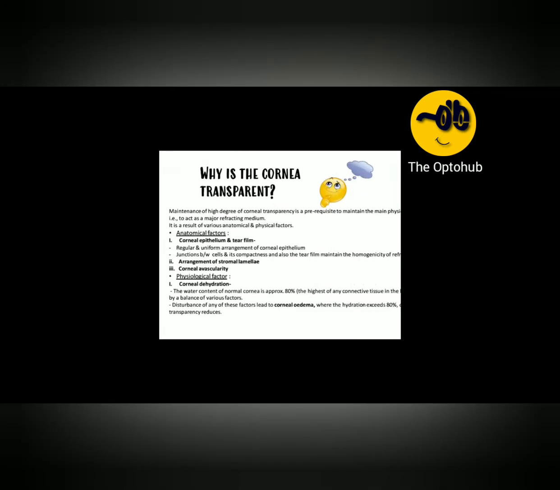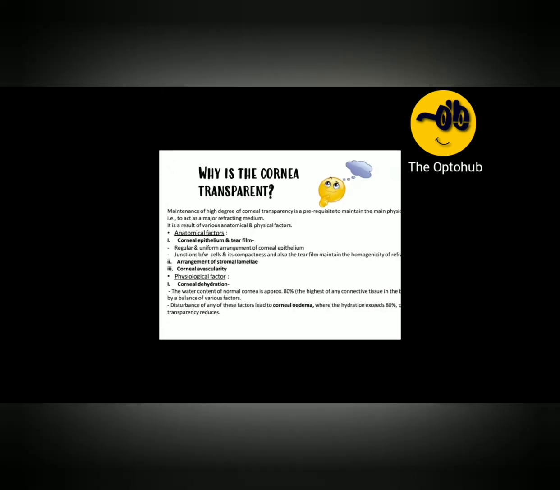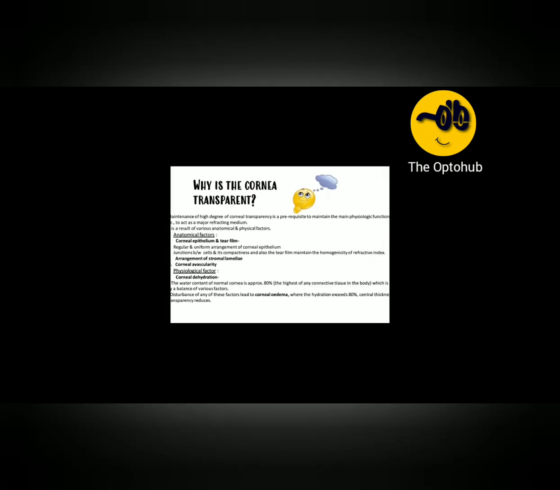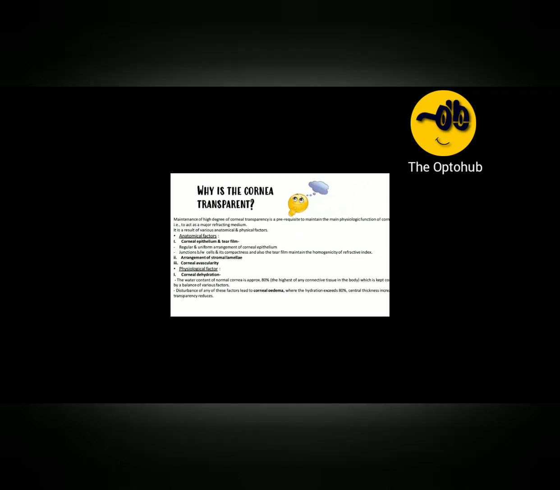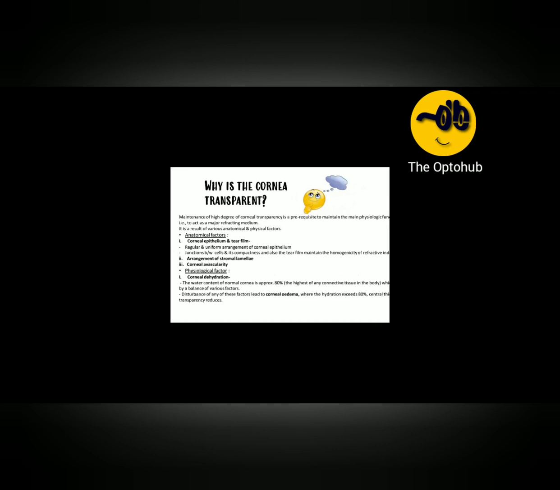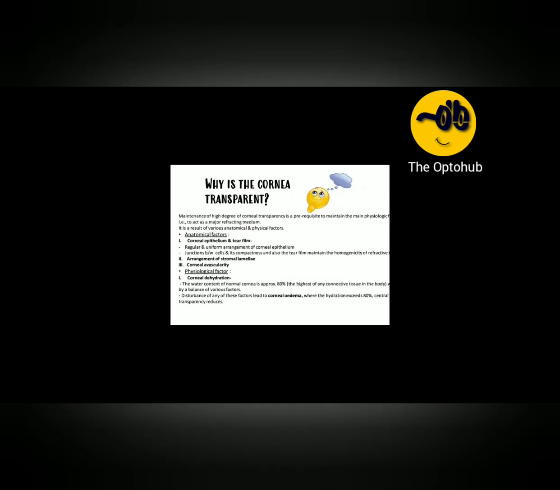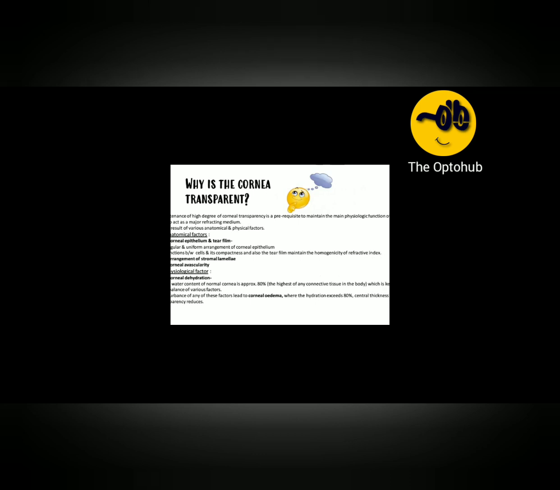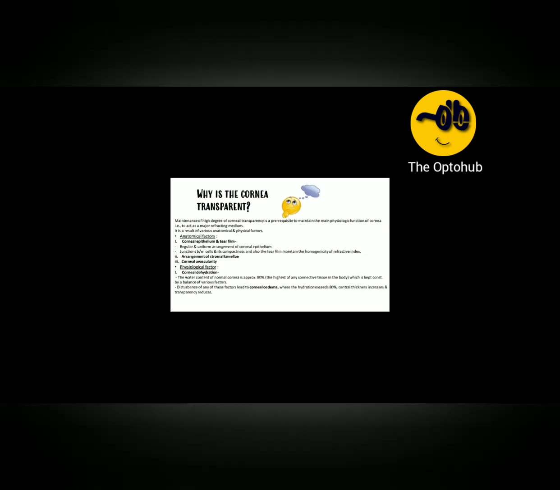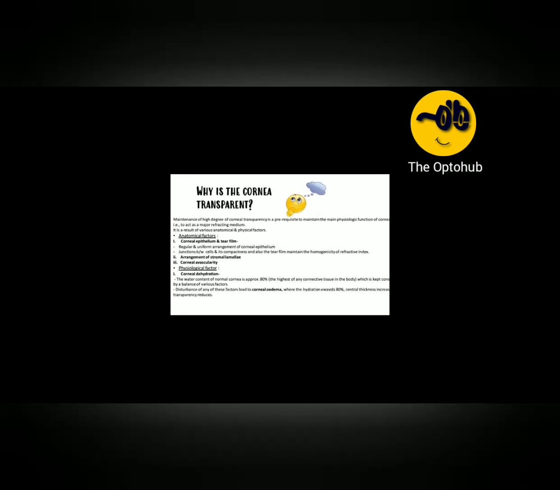We have a physiological factor which affects corneal transparency, which is corneal dehydration. The water content of the normal cornea is approximately 80%, which is the highest of any connective tissue in the body, and is kept constant by a balance of various factors. Disturbance of any of these factors leads to corneal edema, where the hydration exceeds 80%, central thickness increases, and transparency reduces. So we can say that